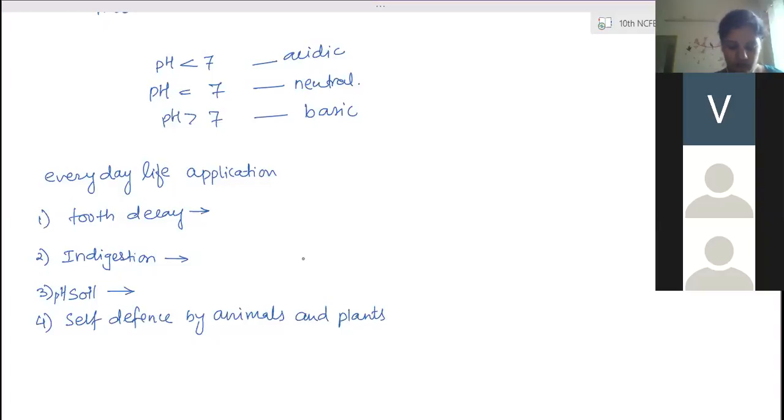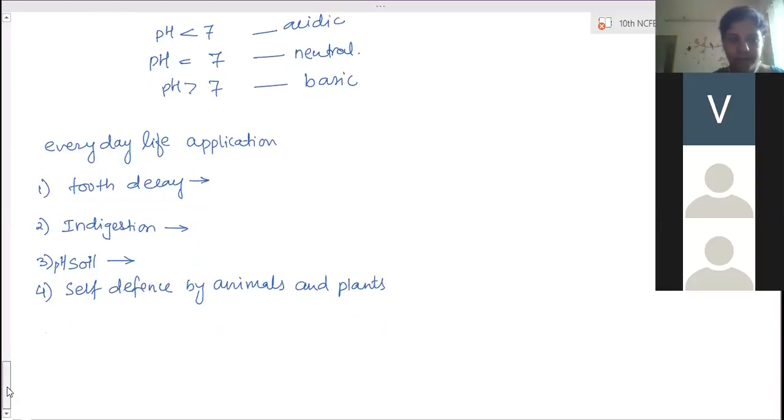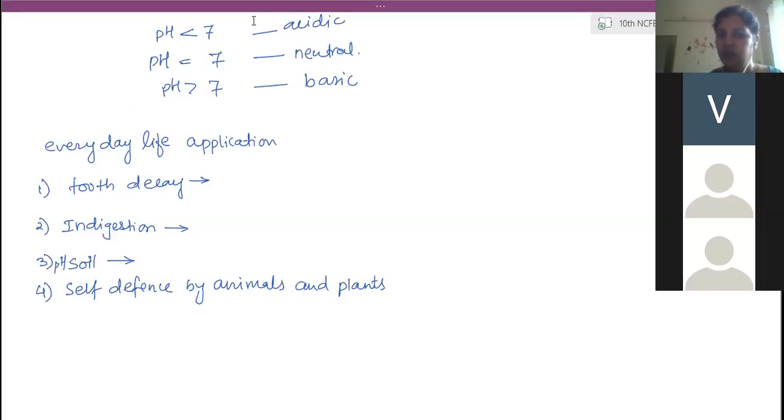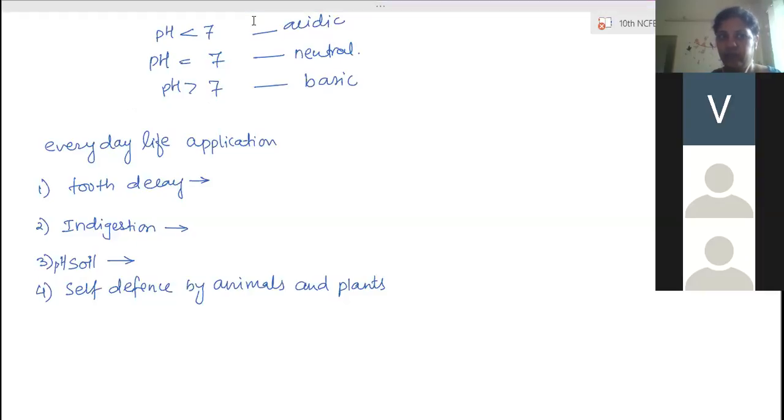Now next is salts. So write all these reasons by yourself in your own words. Write down. This question can be asked for 3 marks. Explain the role of pH in everyday life. A 3-mark question can be asked. So do we write all 4 of them? Any 3 you can write.